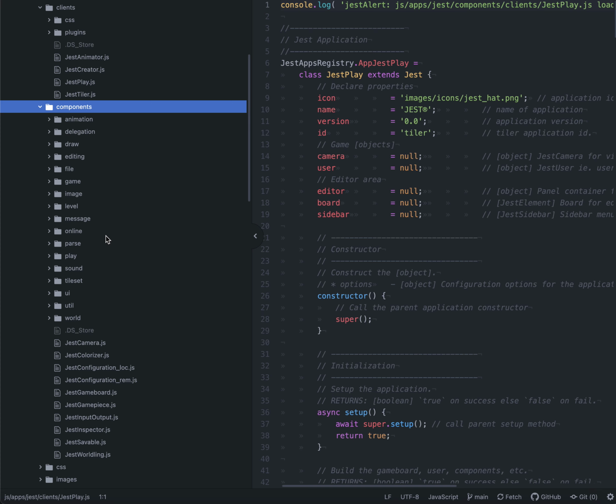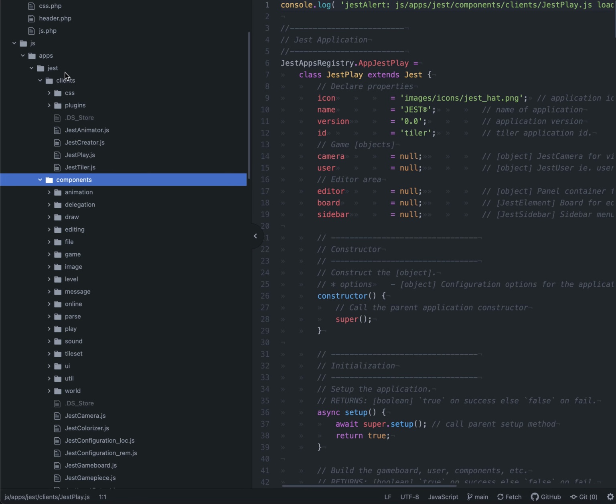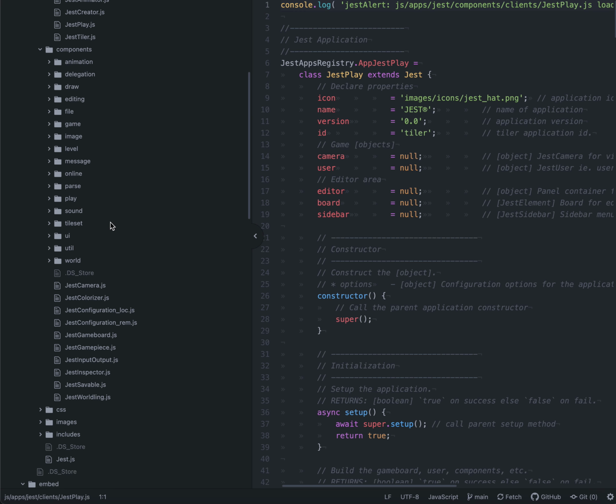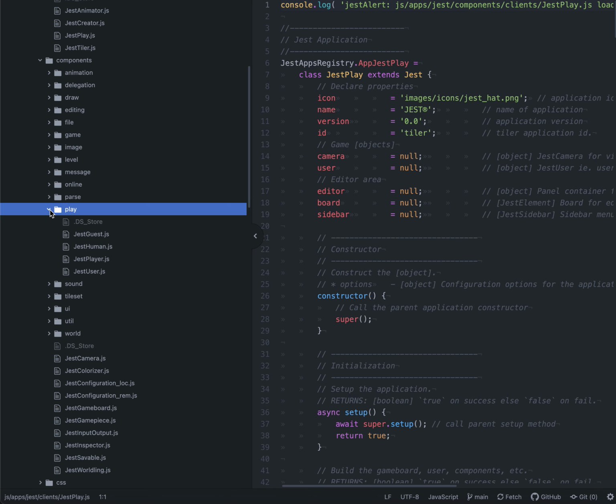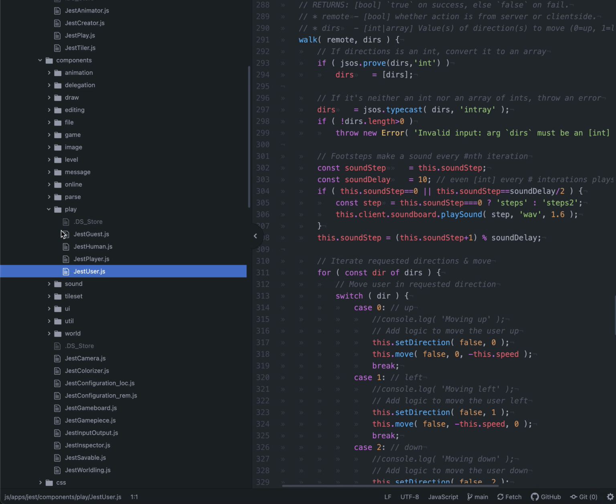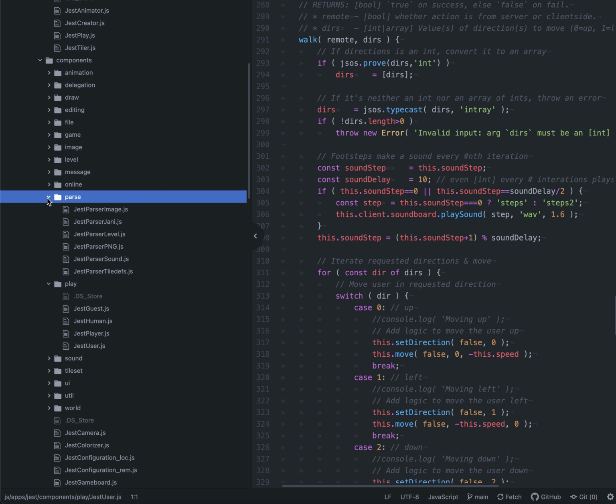And so if you're looking in your components folder from the JEST library, right below clients, there's going to be a bunch of base class files. So you've got something that helps organize things for the play mode, where you've got the JEST user, a JEST guest, which is going to be somebody from the server who has joined the server, and the JEST human, which is going to be one of the base classes of the JEST user and guest, the JEST player, all those kinds of things. So if you go into